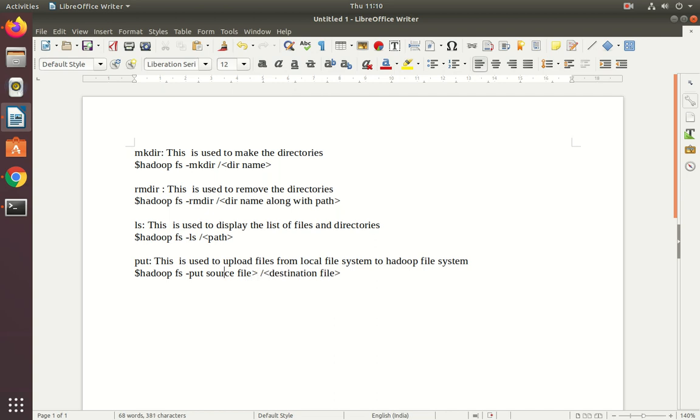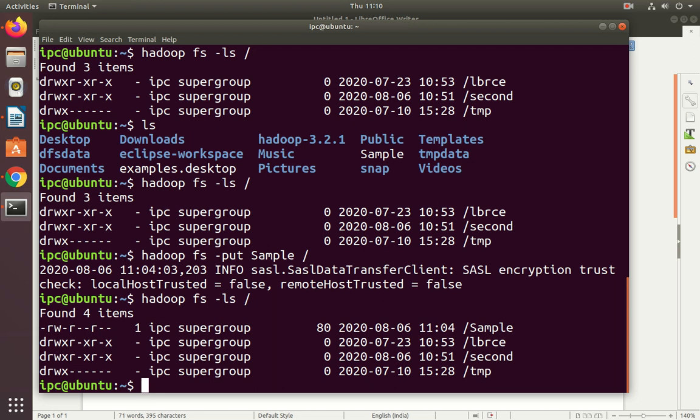We need to specify the source file along with its path. Likewise, here also the destination file along with its path. Let me show you this put command one more time.